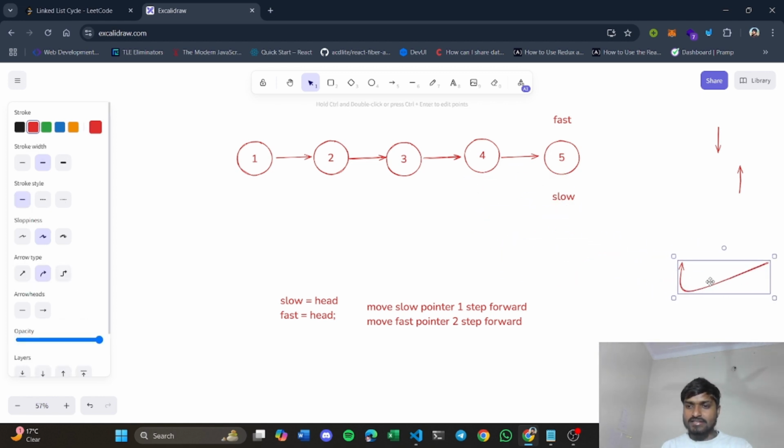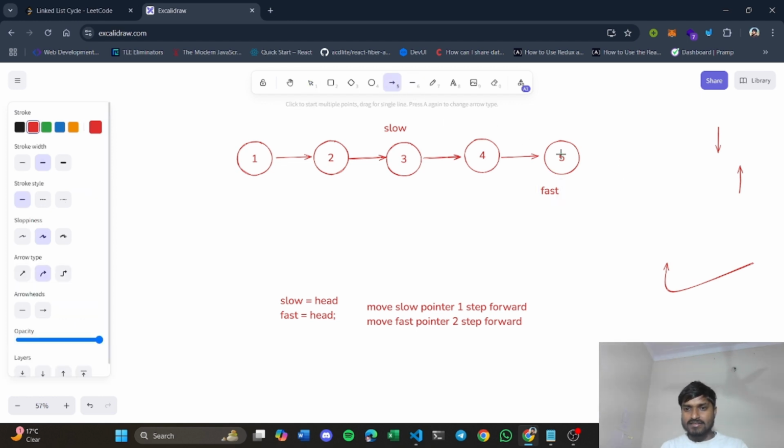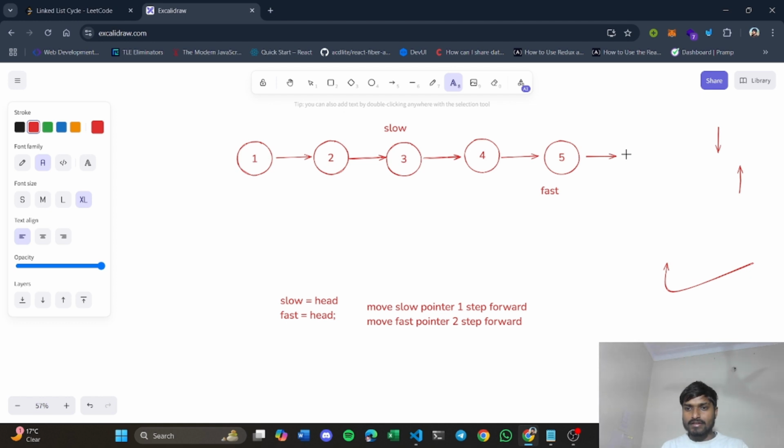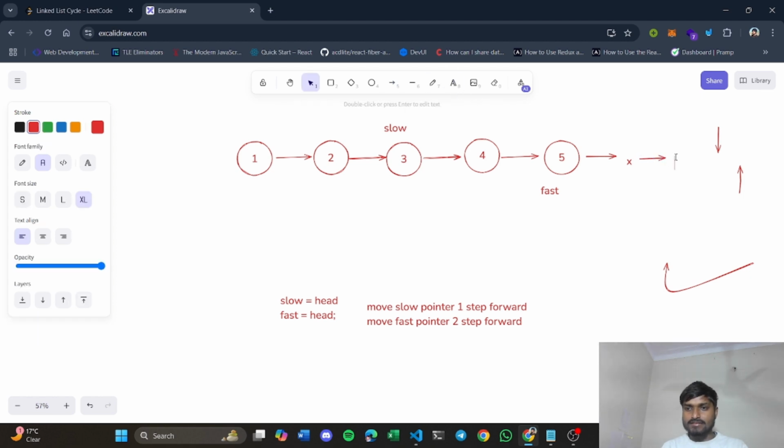And let's discuss the condition we were discussing, if there is no cycle. Let's say slow is here and fast is here, right? First of all, we will move our fast pointer two steps, then slow pointer one step, then fast pointer two steps, then slow pointer one step. Then again we move our fast pointer two steps. So it will come here, right? Let's mark it as null. It's basically pointing to null. Again, null next is null only, right? So let's mark it as null here.